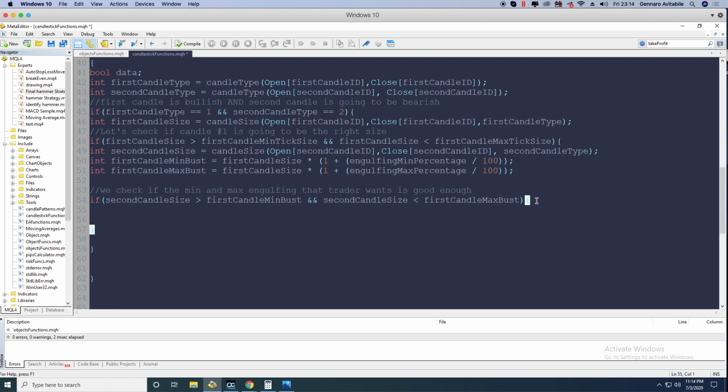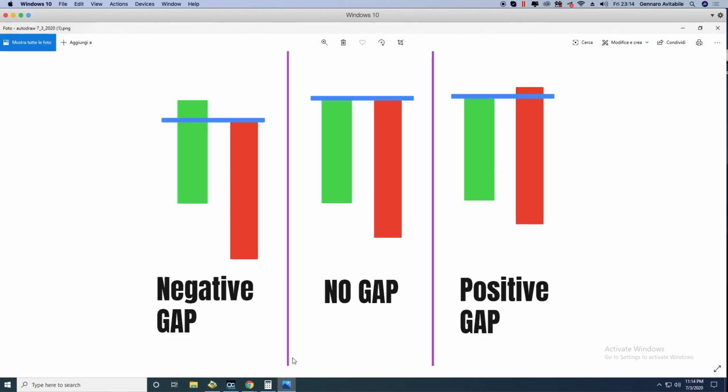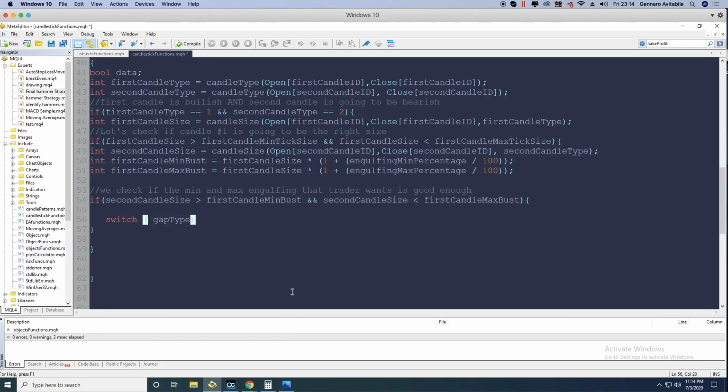Now this if cycle is gonna start with a switch, and this time we're gonna be using the variable gap type. So we've been talking already about what gap type is. We have 3 different types, but then we're gonna do 4 different cases, okay? And I will tell you what the different cases are step by step. So starting from the first case,